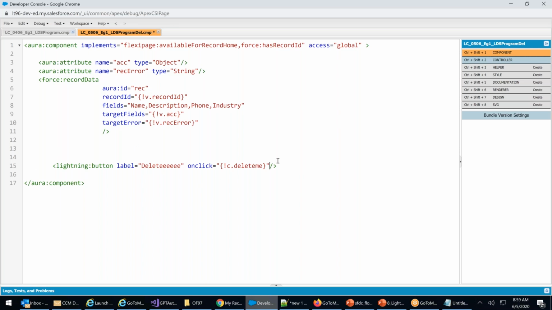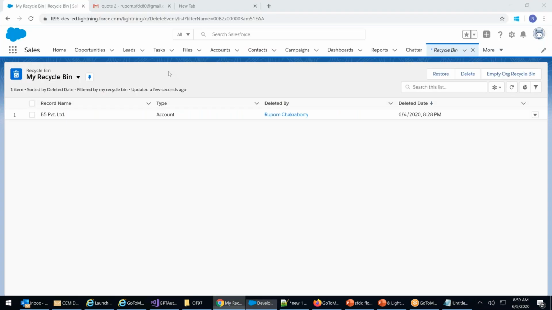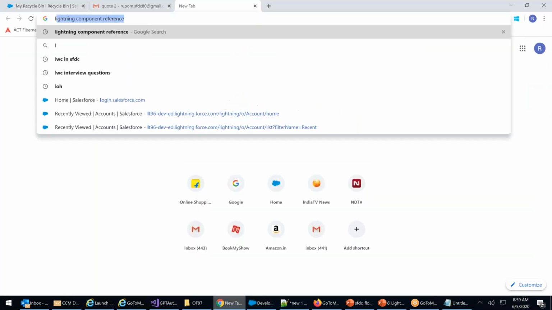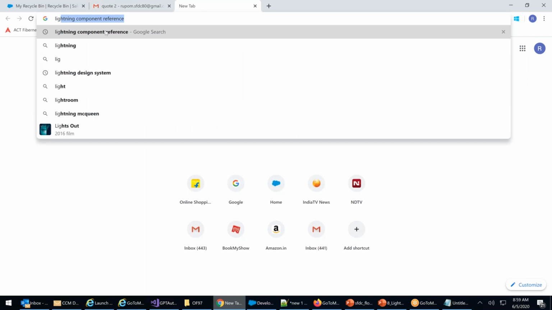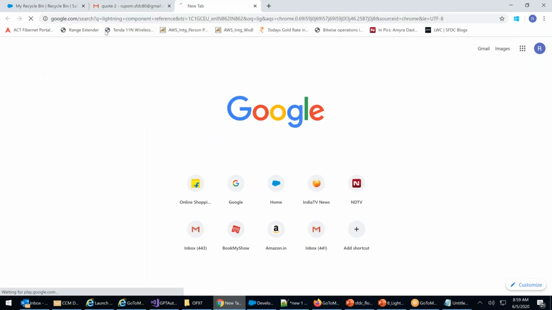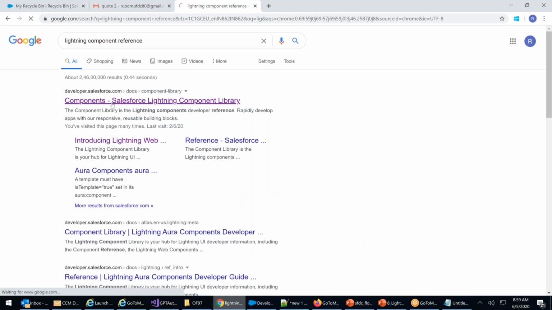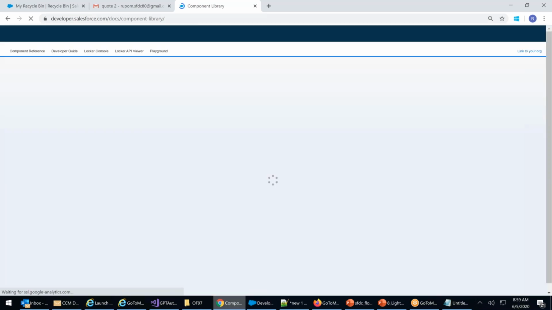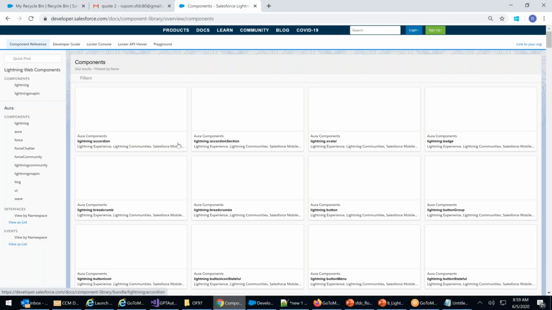You can see what is that? Variant. Variant equals to what? Destructive. You remember? Lightning component reference. Variant equals to base, neutral. Now I'm taking variant equals to success, which will give you green.